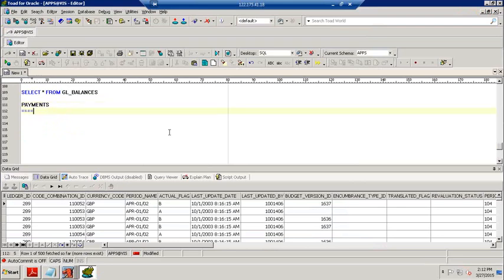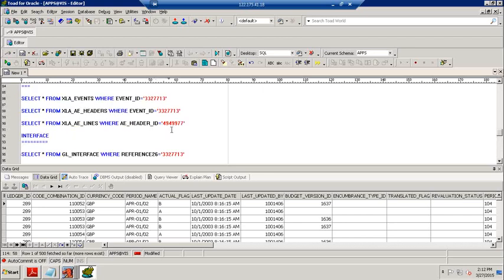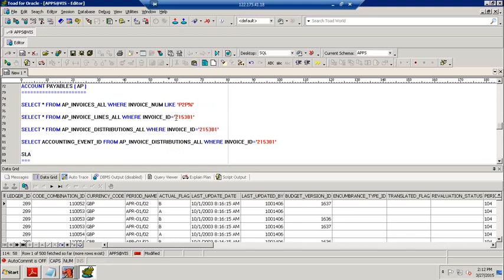Payments. What are the tables? Select star from AP invoice payments all, where invoice ID equals, what is our invoice ID? This is our invoice ID, 215301.